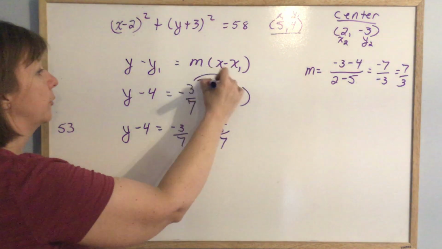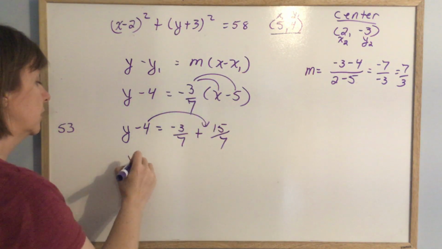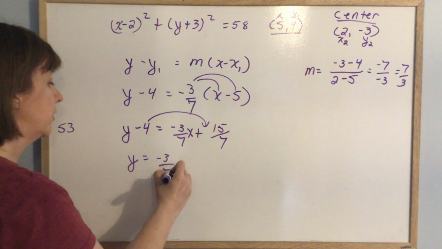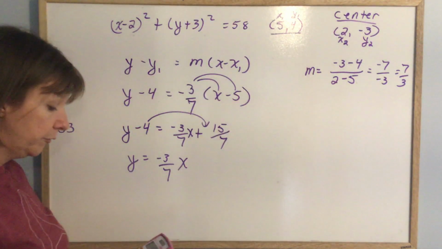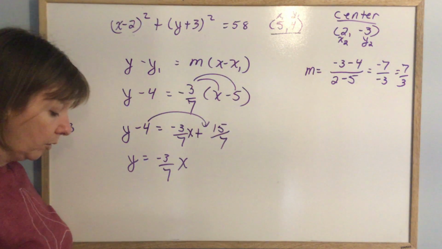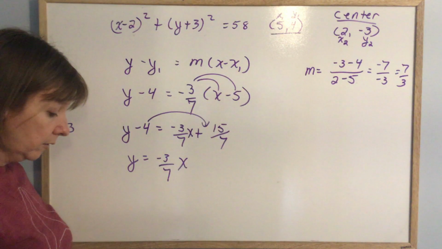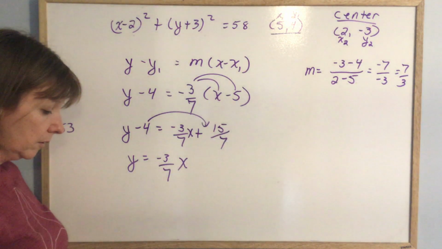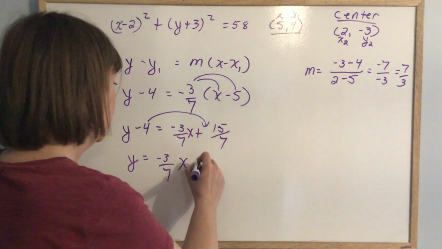Again, don't forget, you have to multiply with both things. So now I'm going to bring my 4 over here, and I'm going to have y is negative, I forgot my x, negative 3 over 7x, and 15 over 7 plus 4 is